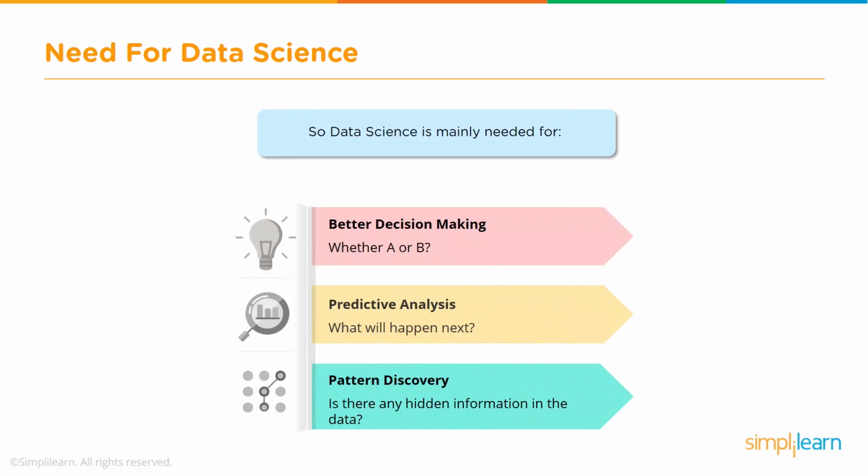So, what is data science used for? These are some of the main areas where data science is used for better decision making. There are always tricky decisions to be made. So which is the right decision, which way to go? So that is one area. Then for performing predictive analysis, like for example, can we predict delays, like in the case of airlines? Can we predict the demand for certain products, let's say in e-commerce? That is the second area.